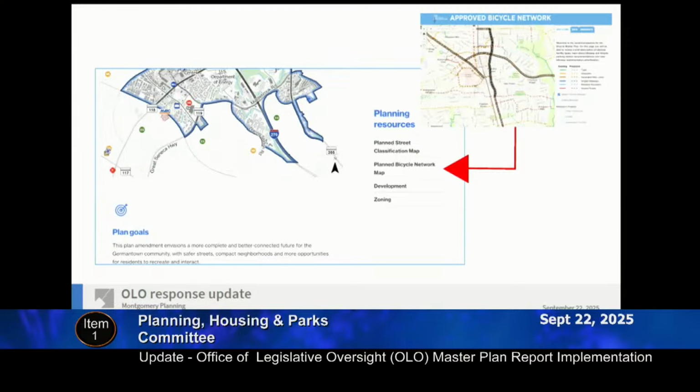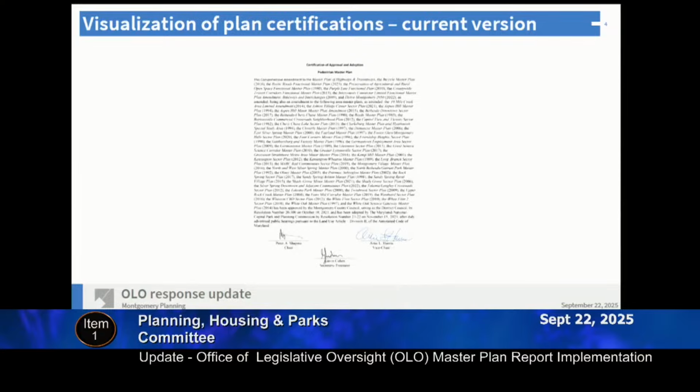We've also included links to development and zoning web pages for users who might have inquiries about those topics to take you directly to those pages and the searches on those. We're exploring ways to make these links more customizable. For example, on these maps, we might have master plan boundaries, a filter on there that you can select and navigate through that, as well as, for example, in this Germantown example, you would click on one of those links, it would take you right to that spot on the map for each of these pages. And we also already include embedded development maps on some of these pages as well.